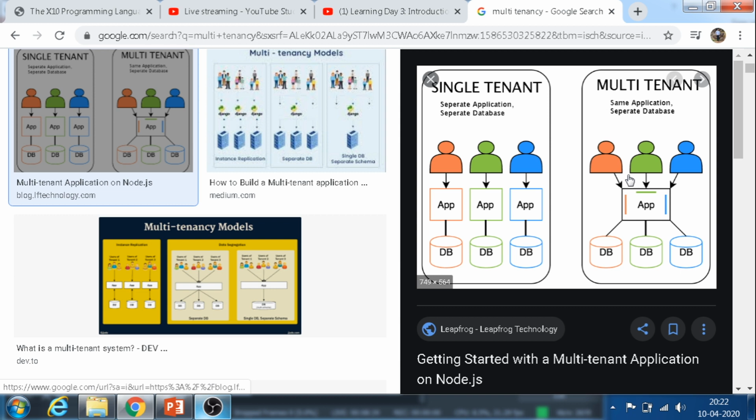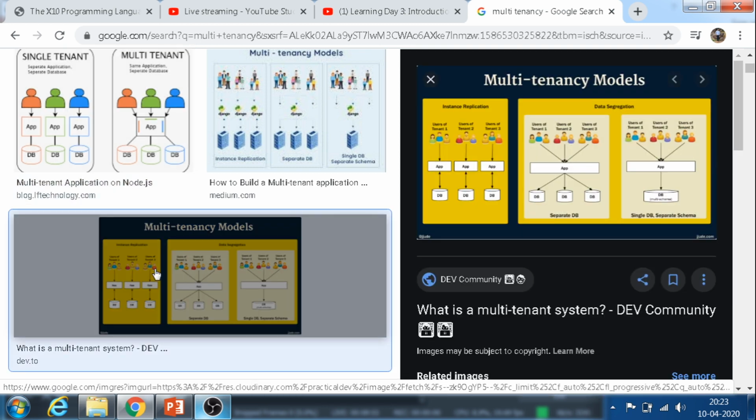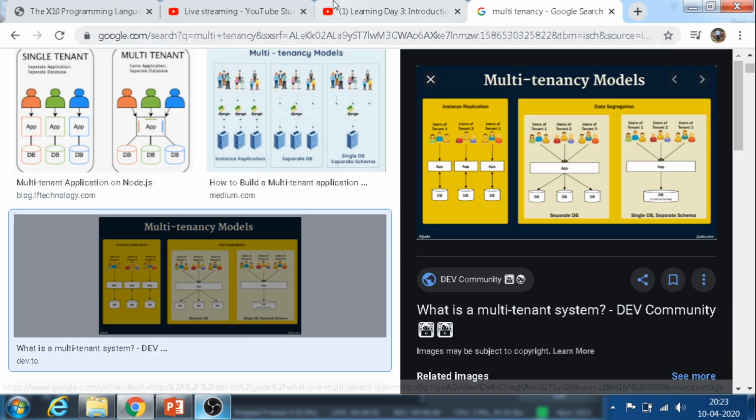So if we take an example of AWS, what happens? You all log into the same portal. We all go to console.aws.com, right? And we log in there. So the console is the same, the application is the same. Then on the back end, there are different environments. So the data can be segregated physically, or it can be segregated virtually. Usually, it's segregated virtually, not physically. I hope that's clear.